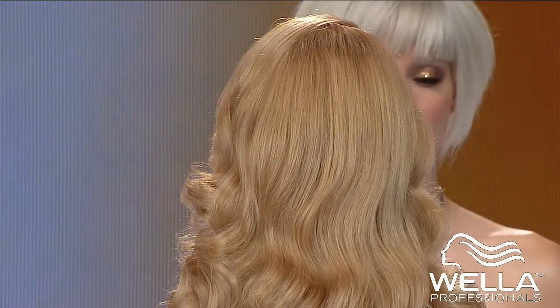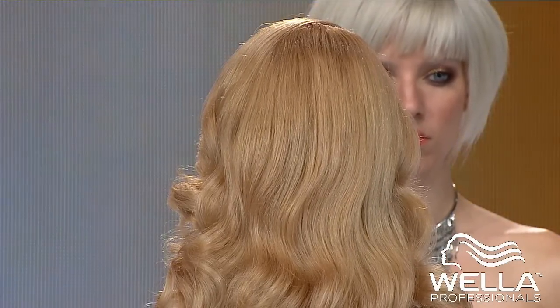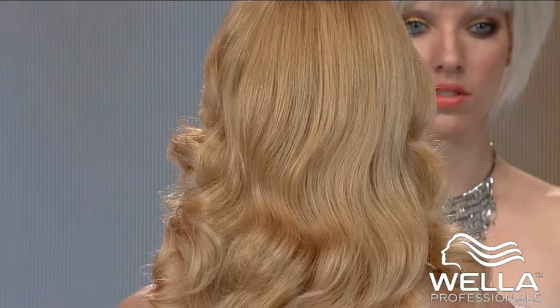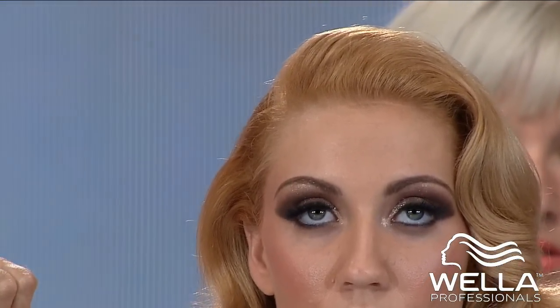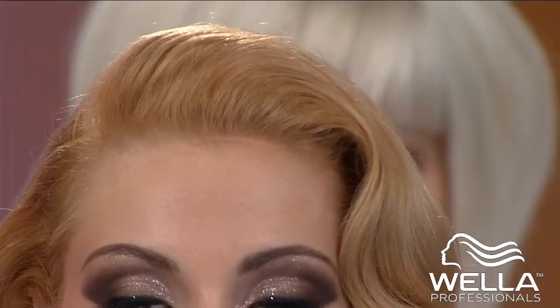We went in with 9/7 from Illumina, a level 9, and 7 is like a brunette. I know there's no trace of brunette in there, but it creates the most perfect, beautiful, soft, peachy blonde, that peachy cognac-y blonde. We applied it with 10 volume, very simple application. That's what I love about Illumina. Straightforward, scalp to ends, one go, left it to process for 25 minutes, and this is what we got. So easy, so simple, and the shine, her skin color looks amazing with it compared to the cooler ash tones